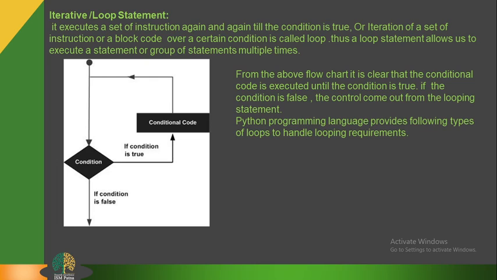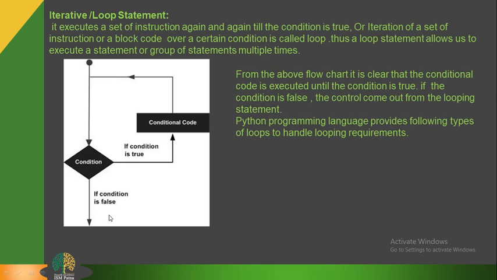So basically, a loop always provides us the facility to execute a statement multiple times. Here is the flow chart of a loop statement, where we can check that if the condition is true, it will execute the statement again and again. This is the loop statement, which executes again and terminates if and only if the condition is false. So this is the scenario of your loop statement. It allows the program to execute till the condition is true.